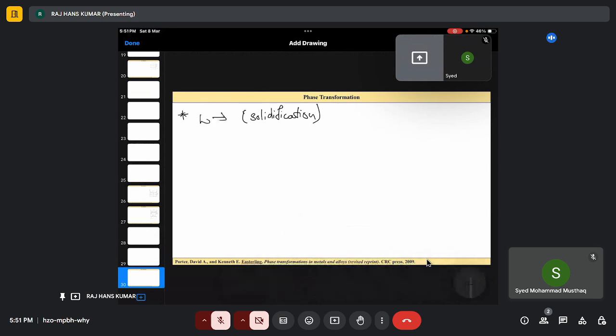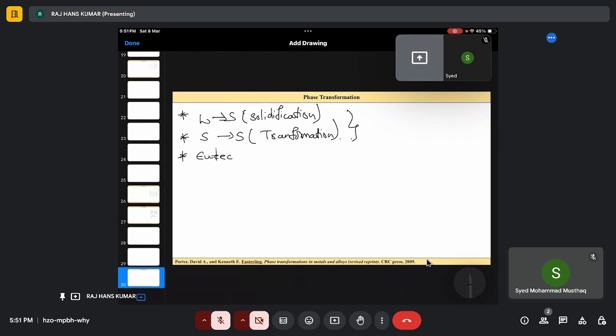So this is our solidification. Right. Now the next one is solid to solid transformation. And from this we have seen eutectoid reaction,